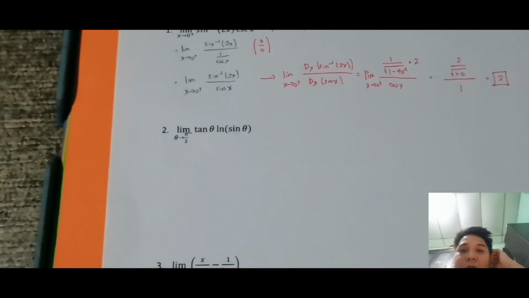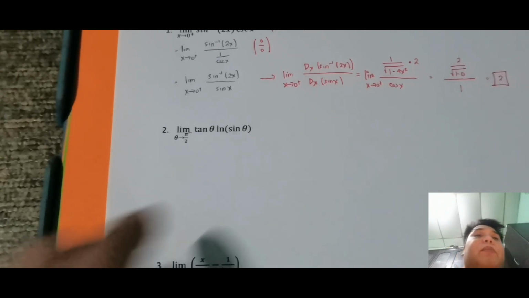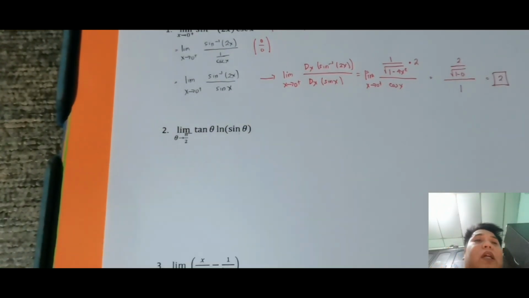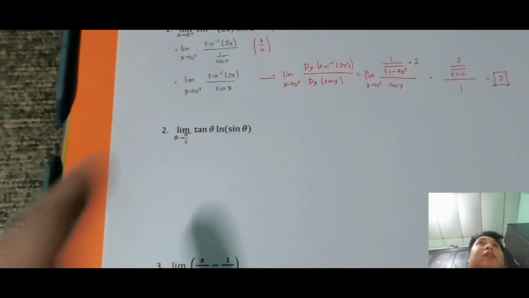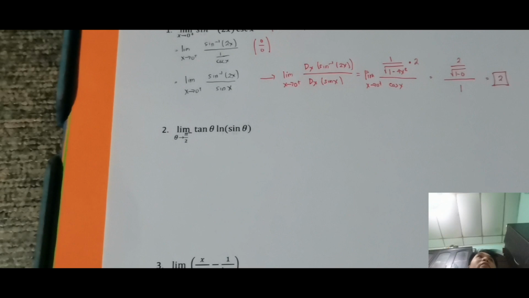So we have the limit of tangent theta, then ln of sine theta as theta approaches pi over 2 from the left. So merong from the left dun daw sa taas. So ayun, napasubo na naman ako. Hindi ko alam kung anong mga papunta na ito, no? So what is tangent theta pi from the left? So that is 90 degrees. Na pi over 2 from the left, that is 90. So, kung 90 degrees siya, ano ba yung mga nasa left ng 90 degrees? That is